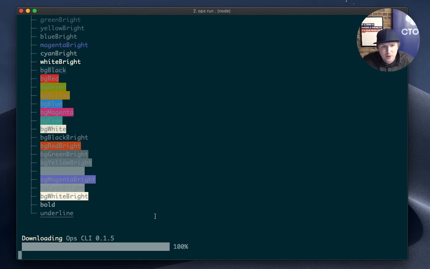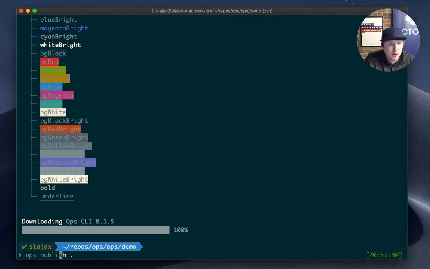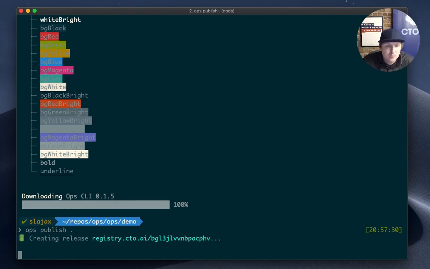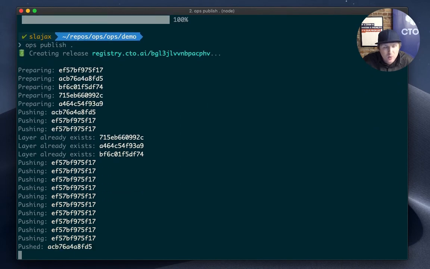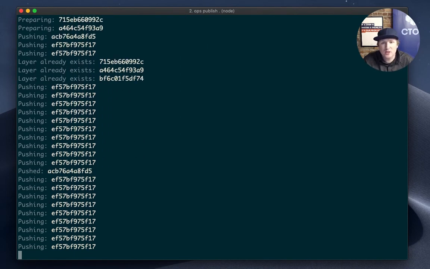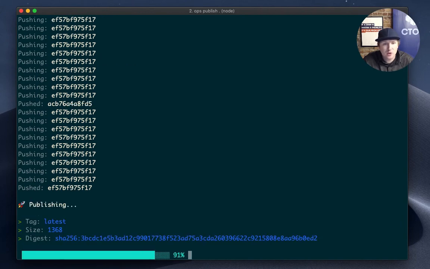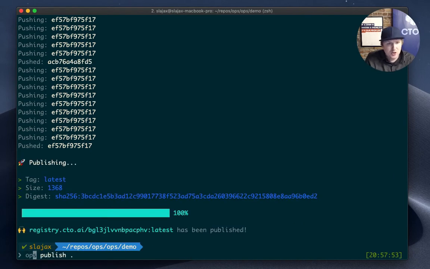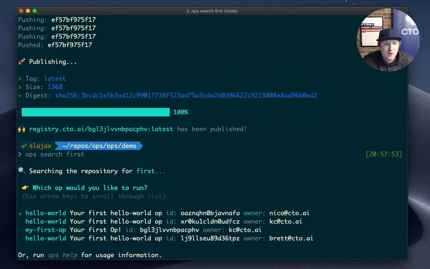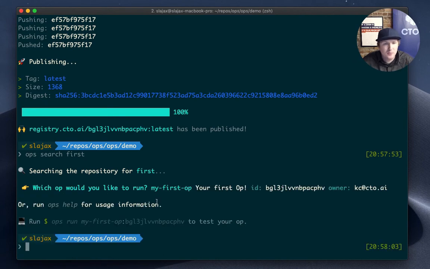Once this is done running, I will then ops publish it to the registry. Once it's published to the registry, anyone with access to this registry will be able to immediately execute it from their computer, the same way that I did with the temperature op. Now once it's published, we can ops search, and let's search for first. This will limit it, and we'll find the op here. So if I now ops run my first op,